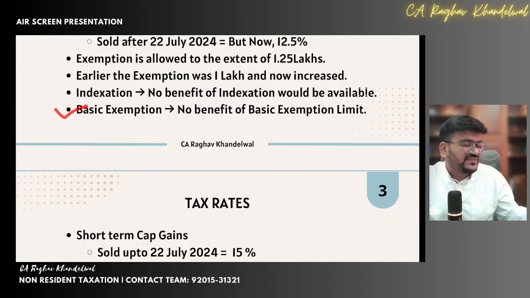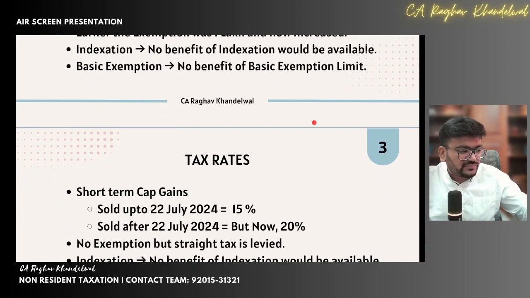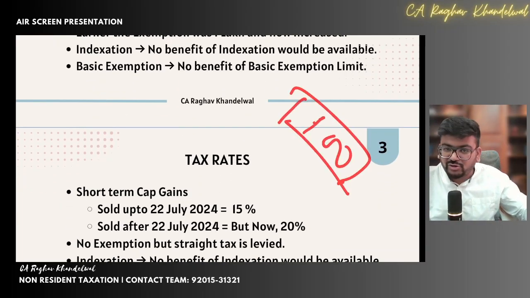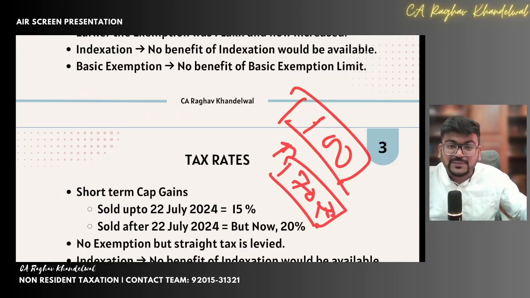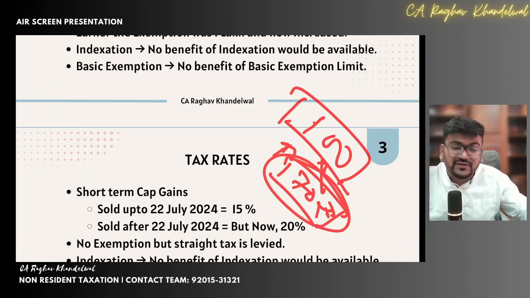Secondly, talking about the basic exemption limit, it depends upon the old regime, new regime and all those things, but let's assume the basic exemption limit is 100 rupees, and your capital gain is 70 rupees and there is no other income. Can I say that because the basic exemption limit is 100 rupees and I have capital gains of only 70 rupees, I should not be paying any taxes on it?